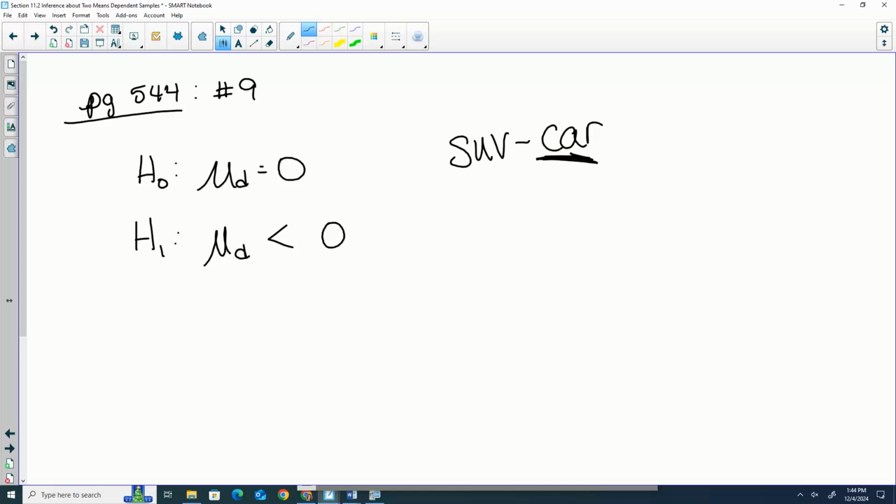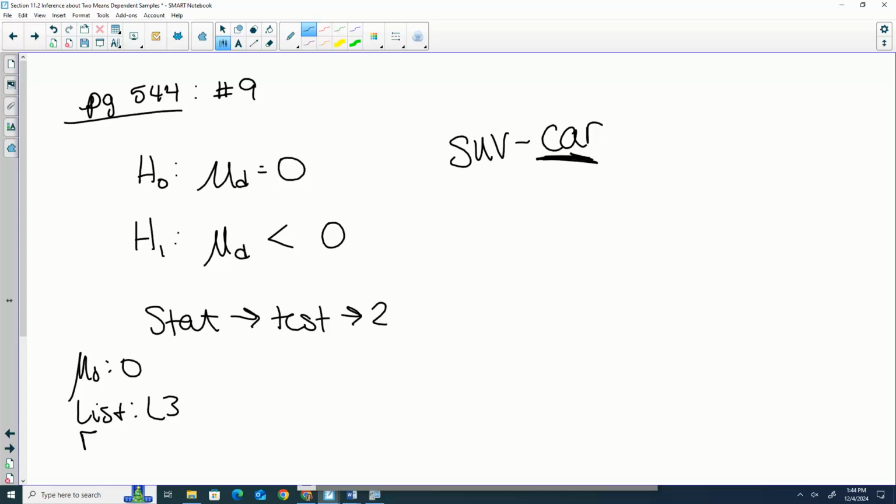So now we go to stat, tests, number 2. We're basing off data, and the null is 0. List needs to be set at L3. Frequency is 1, we don't change that. And we are testing less than. So if we calculate that,